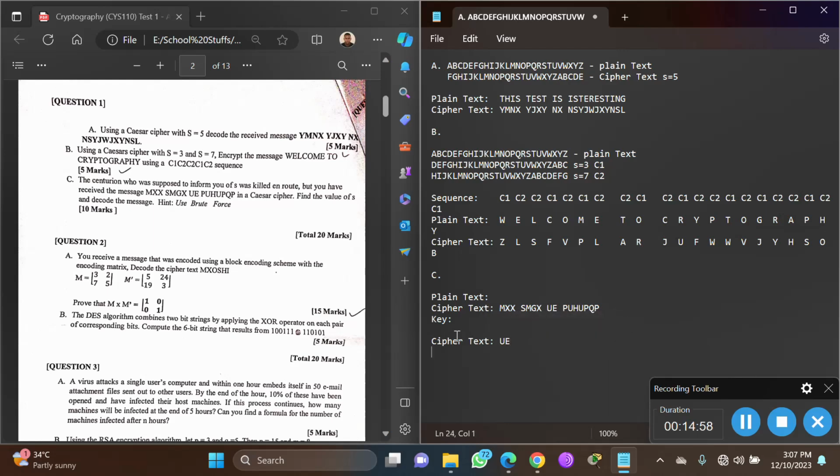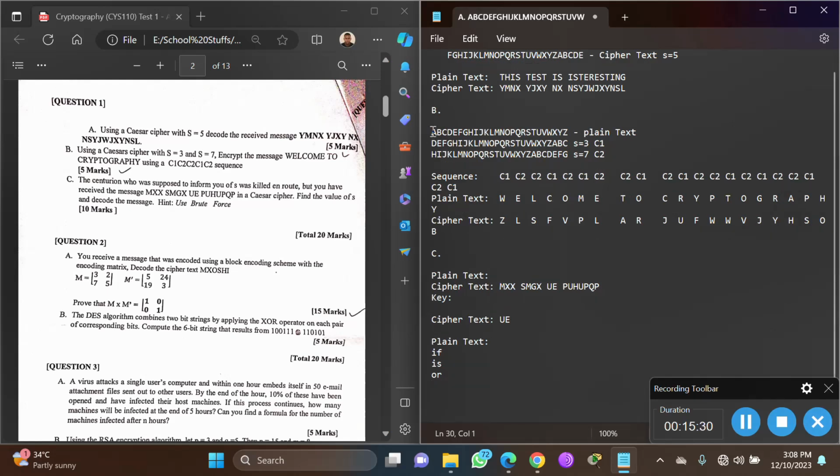Then let's try to come up with the suggested plain text for this UE from any English words. So number one, we have something like if. Those are just two-letter words. We have is, or, and so on. For now, I'll just list this so we can start trying them out. So if we have if, I'll get my normal alphabet, then try to crack that. So if we have if, it means that